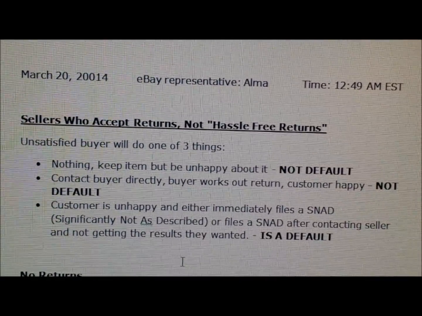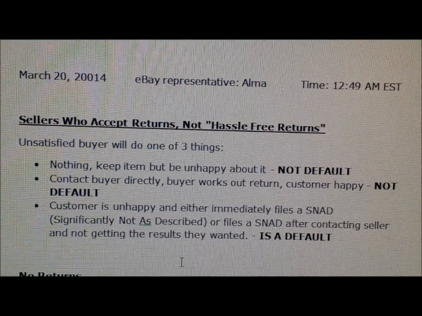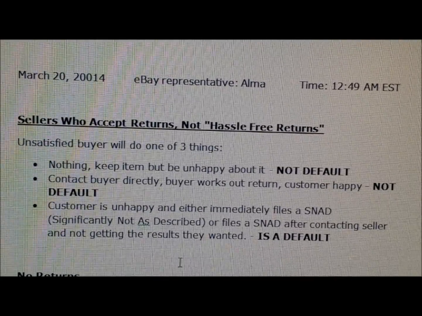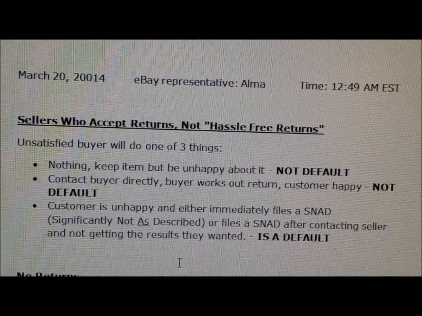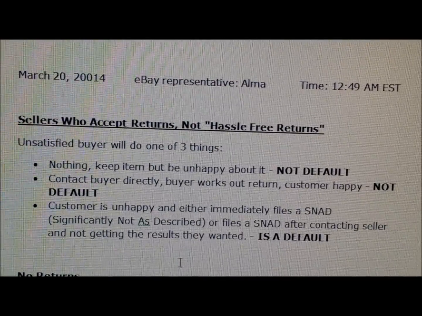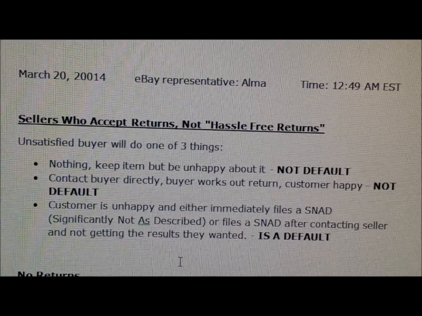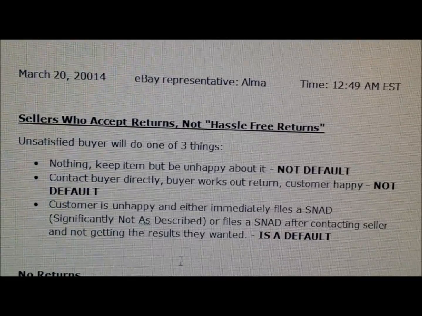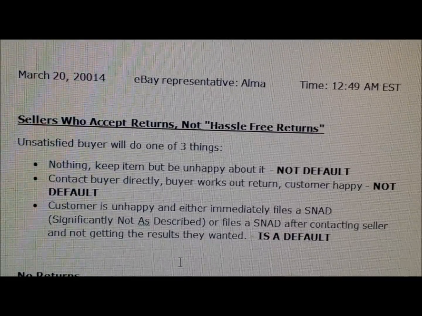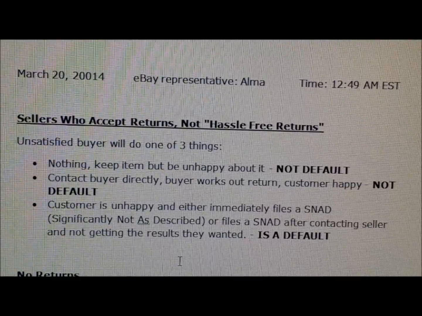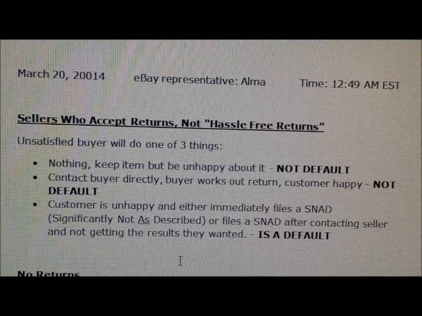So I forgot to tell you too, with the hassle-free returns, they do say that they will back you up if you get a package or an item back that's not right, like if someone wants to return a dress and they put the wrong dress in and send it back to me. They also told me that it is on the buyer to provide some sort of tracking.